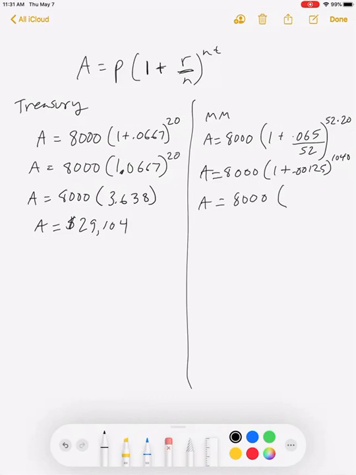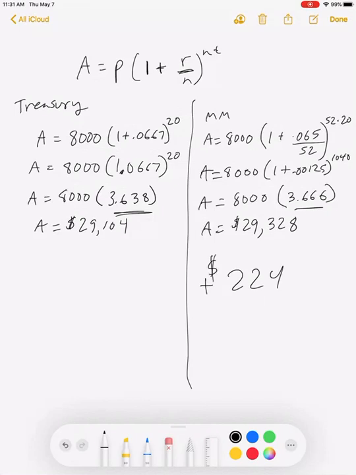And you should be able to see pretty quickly here after you do this that when you get 8,000 multiplied by 3.666, you can already tell that 3.666 here is bigger than this 3.638. Slightly. It actually doesn't make a whole lot of difference, because you can see that you end up with $224,